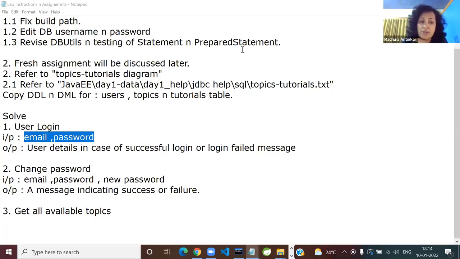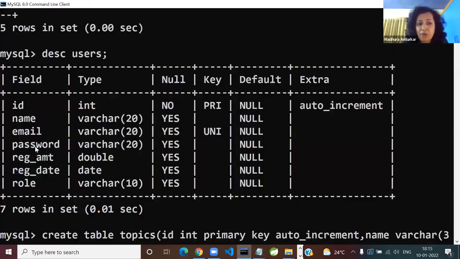pst.executeQuery. Absolutely correct. Will you pass the SQL query here, or have you already passed it earlier? You already passed it earlier. The prepared statement represents a pre-parsed, pre-compiled query. You have done it already. Okay. Now think and answer. There are two possibilities. What are the two possibilities? User gives you correct credentials or user messes up.